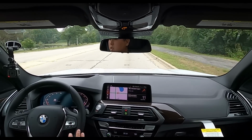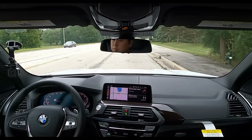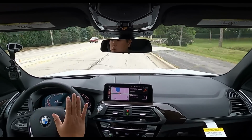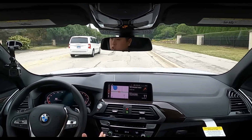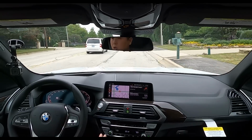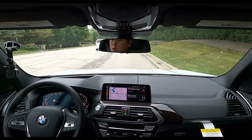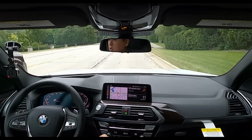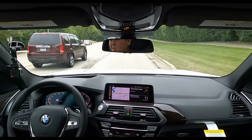Yeah, Sport Standard is much more livable. I'm traveling about 45 miles per hour. The transmission is holding its shift a little bit longer, but overall it's still shifting. Whereas in Sport Plus, it just wouldn't even shift at all unless you're redlining. So I would say if you wanted to live in Sport Standard, perfectly normal, it's comfortable, but Sport Plus, no,